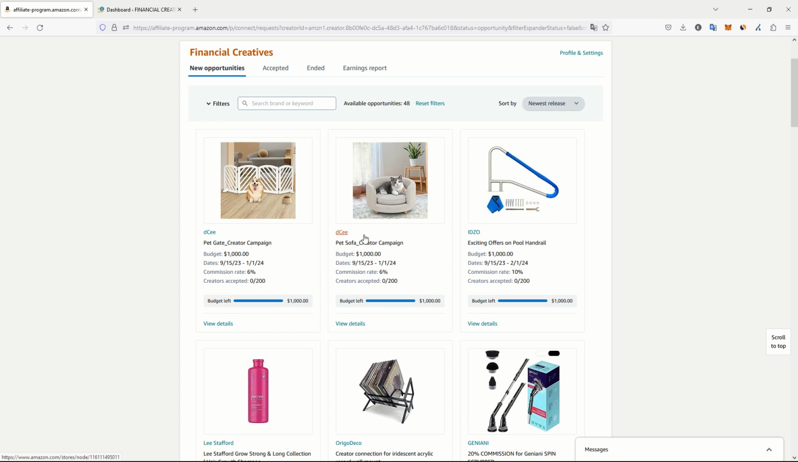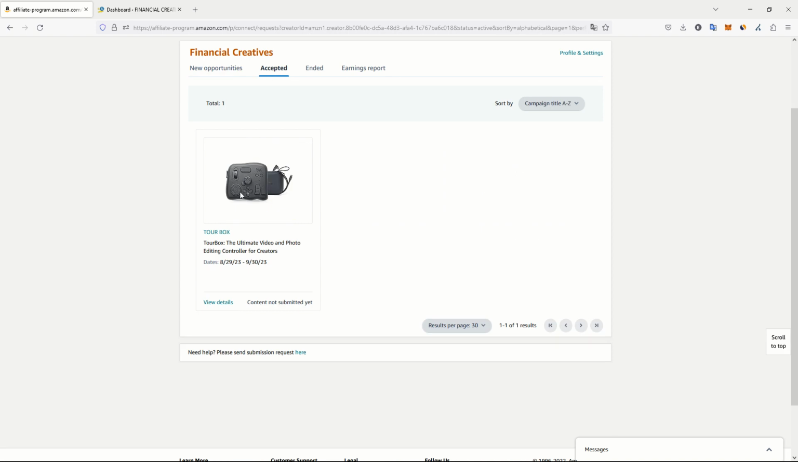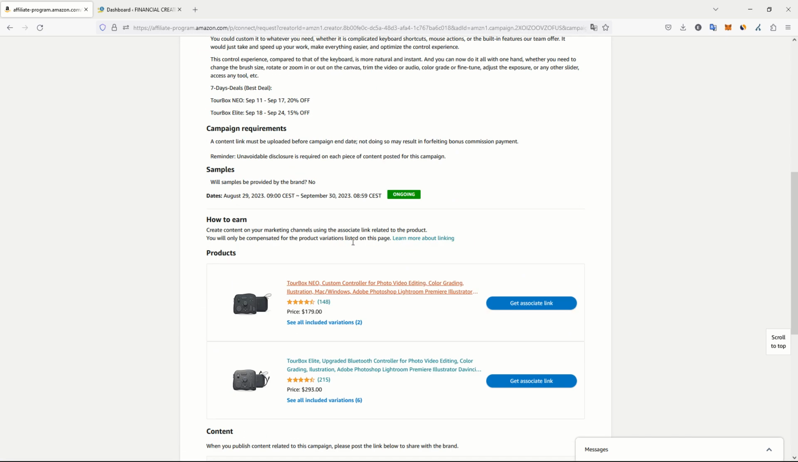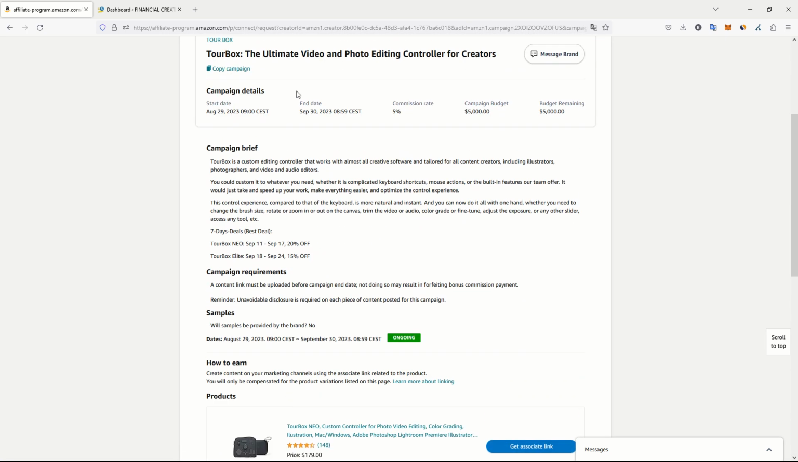So once you have found products that you want to promote, all you have to do is go to the view details part of the campaign. So for example, I have found this product that I want to promote on my website. All I have to do is go on view details. I have already accepted the partnership with this brand. I have read the requirements. Make sure that you read the requirements. And for example, they